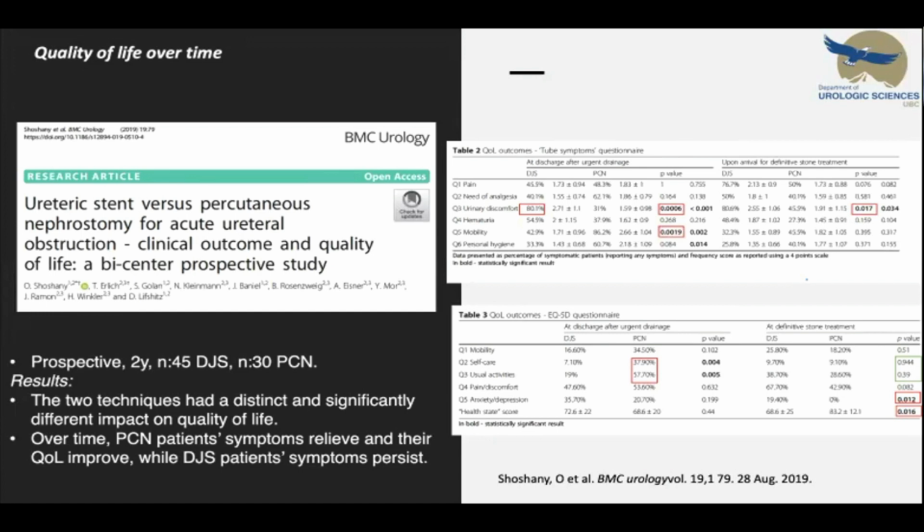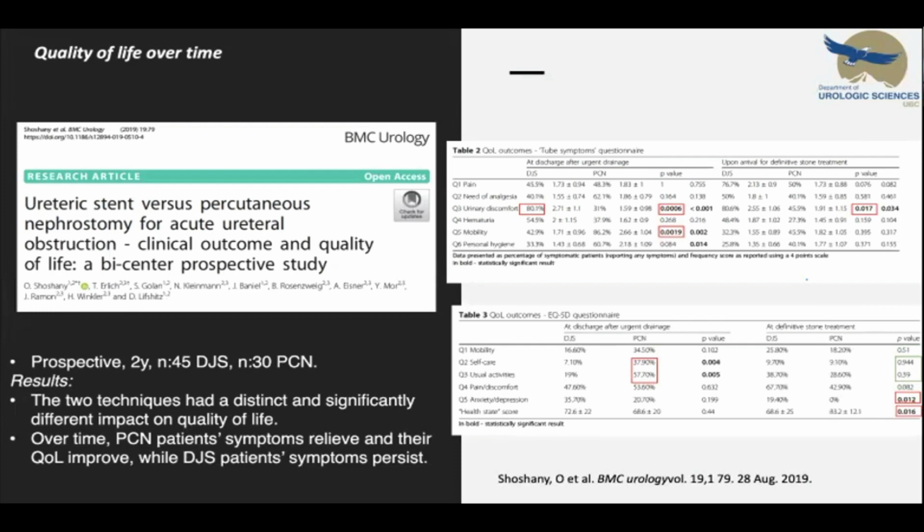Quality of life was assessed by 2 questionnaires, the EQ-5D and the tube symptom questionnaire, at 2 time points: at discharge after drainage and before definitive treatment. The results showed that the 2 techniques had a distinct and significantly different impact on quality of life. However, over time, percutaneous nephrostomy patients' symptom relief and their quality of life improved, while double J stent patients' symptoms